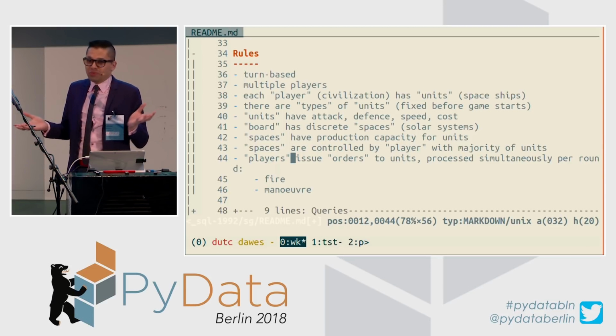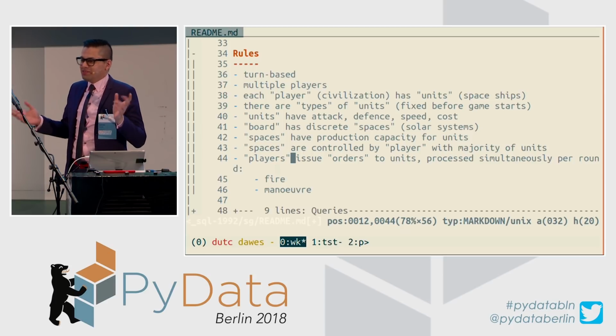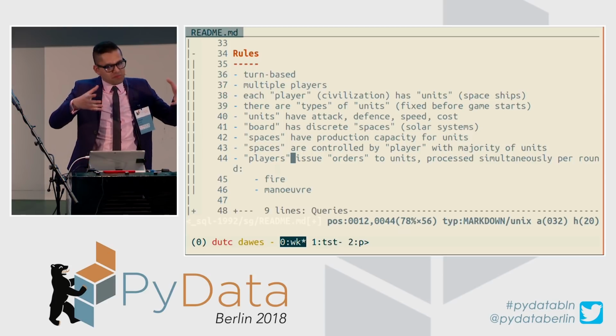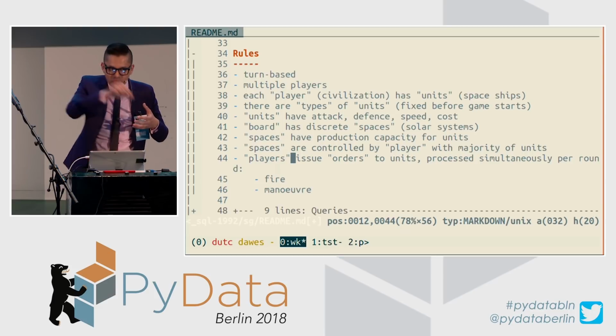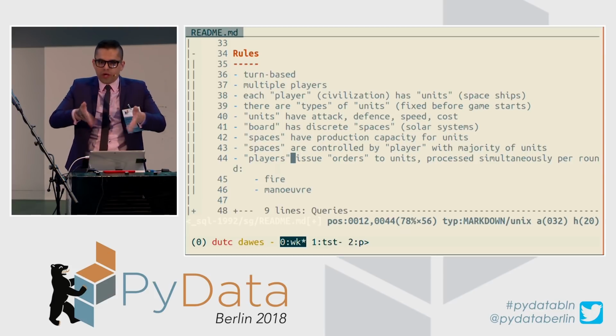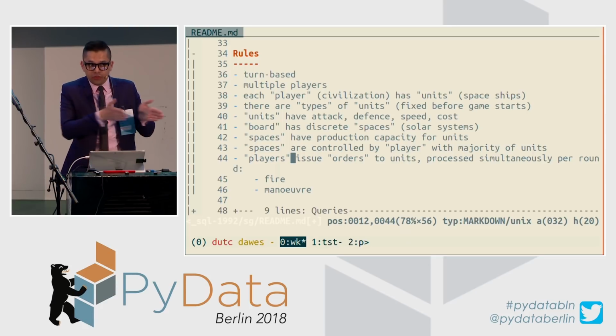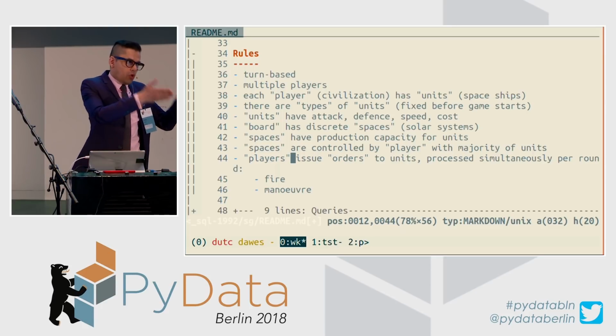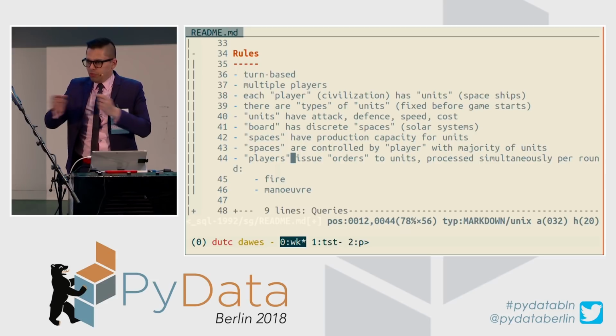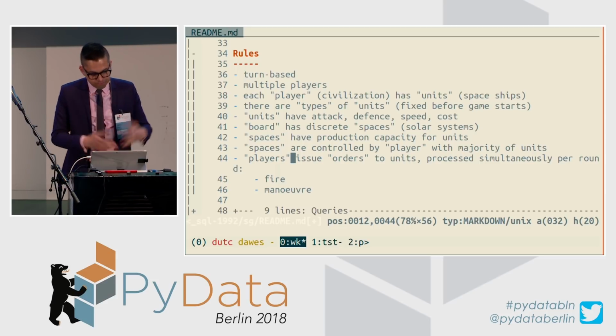Now, I don't believe in faster-than-light travel, so instead we have systems, like solar systems, and the spaceships can move between them. So think about just squares on a board, they can move between them. And so the position of any unit is discrete. You're either orbiting one planet or orbiting another, but we don't care about what happens in transit.